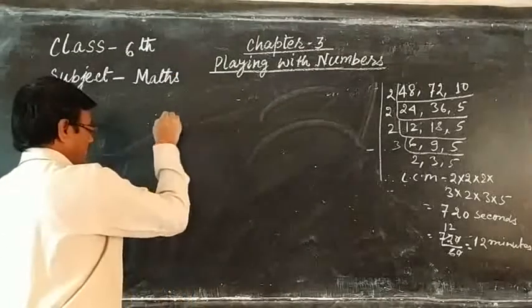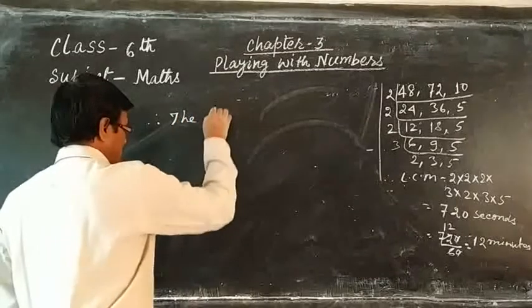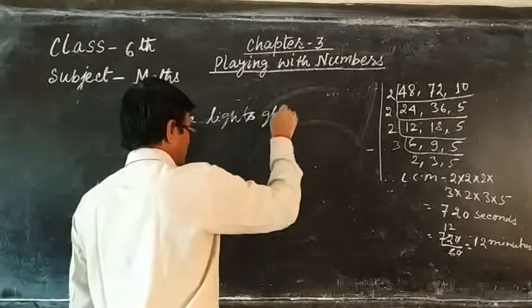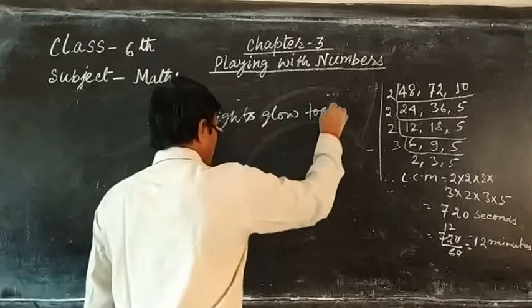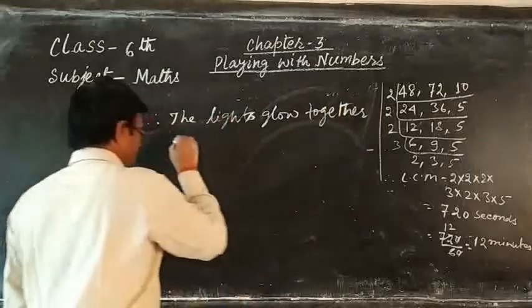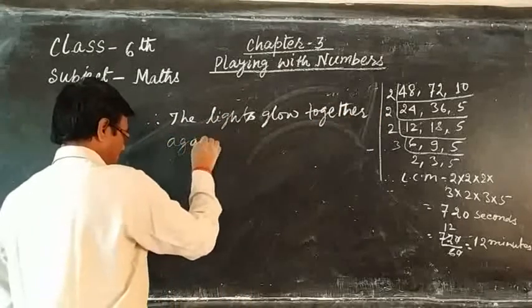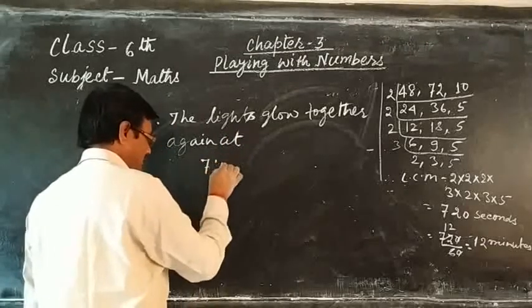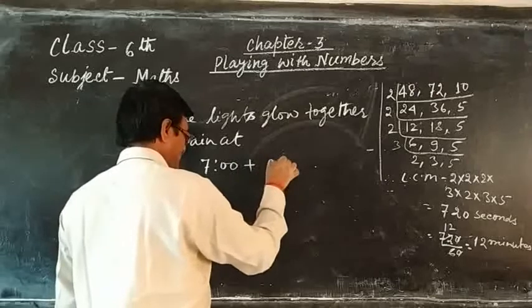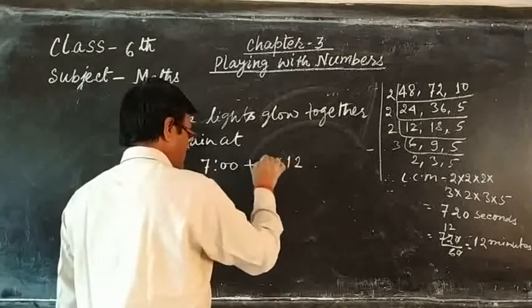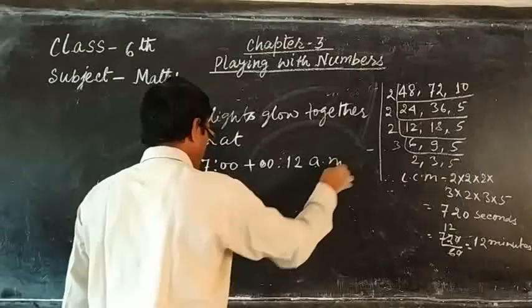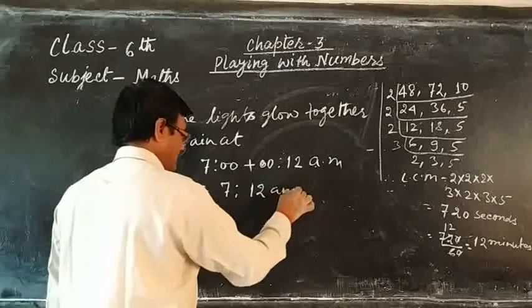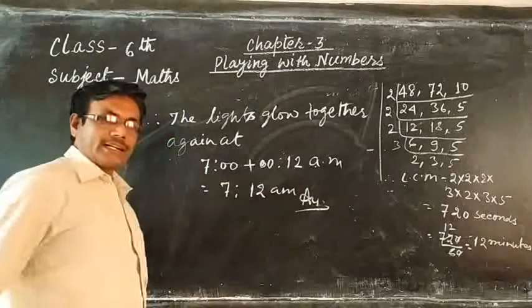So the lights glow together again at 7 plus 12 AM is equal to 7:12 AM. Now children, here